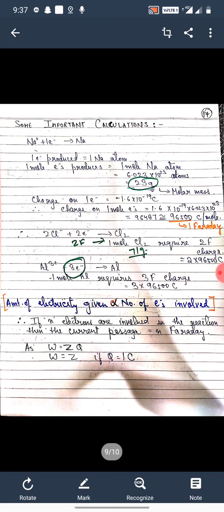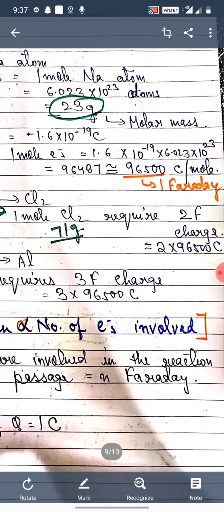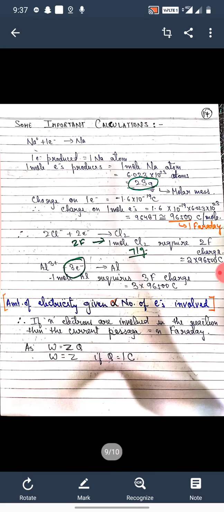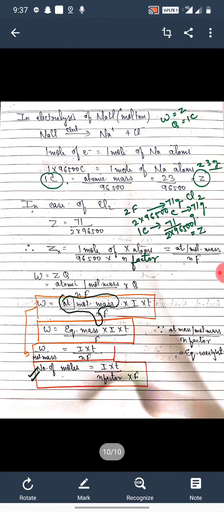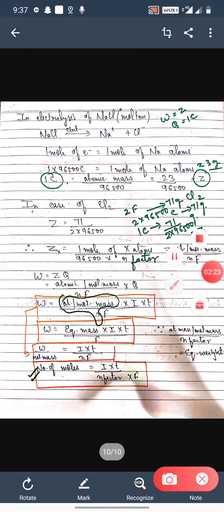And then we also discussed some important calculations, and in today's session I will be discussing with you the numerical problems based on this calculation part only. I hope you all have properly revised the calculation part, so that you can also do the numericals along with me today. I will be using this formula today. In most cases I will be using other formulas also, but please do remember this formula, because many numericals are mostly based on